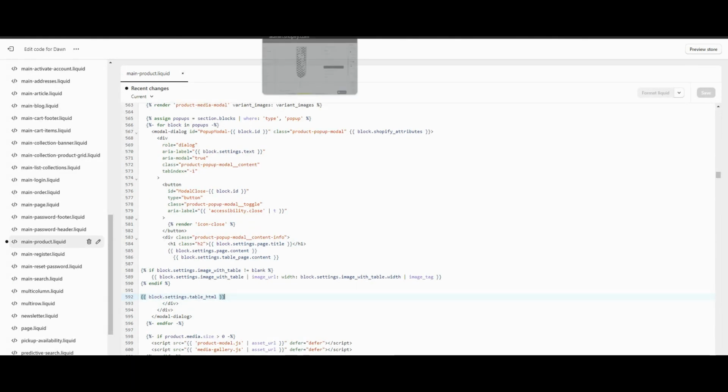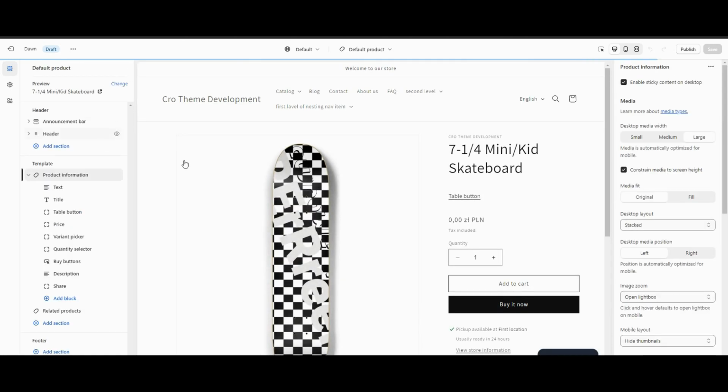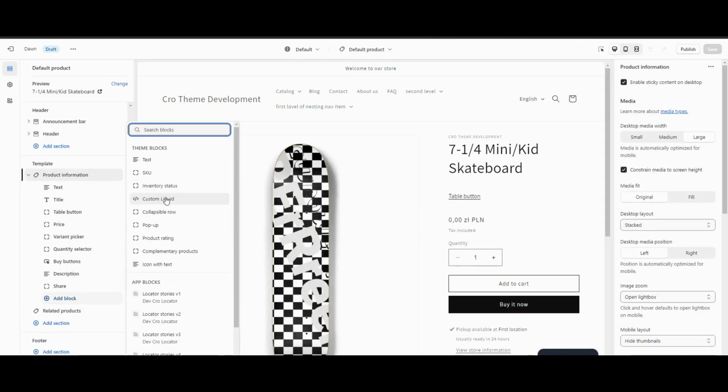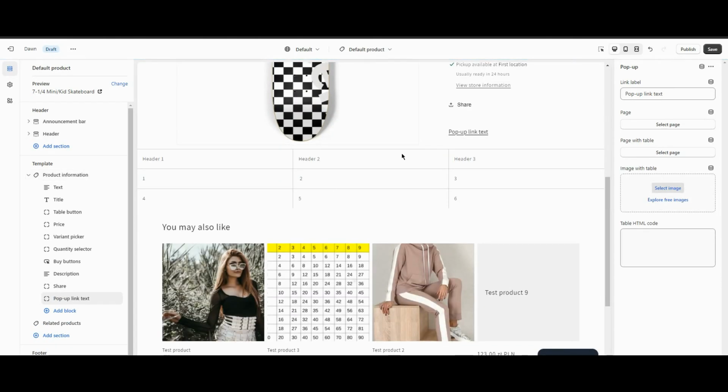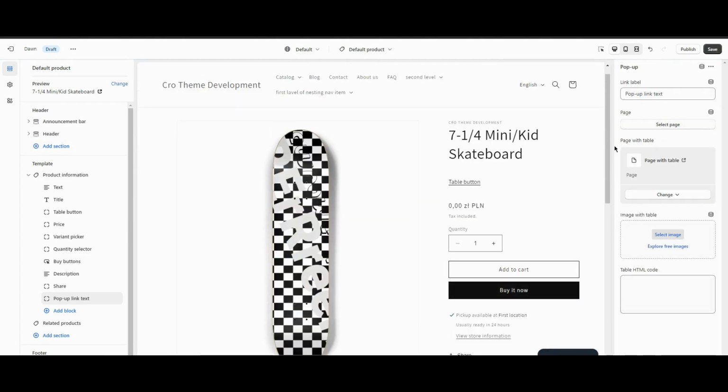Then return to customizing our product page. Refresh this to apply our changes from the edit code. And let's add the block, this type pop-up. And here we can see our settings, which were added in the edit code in the schema file. Here you can select our page, views table, and let's call the button table, for example. Click on save, and